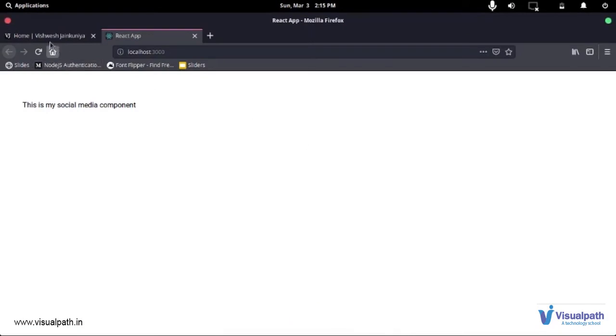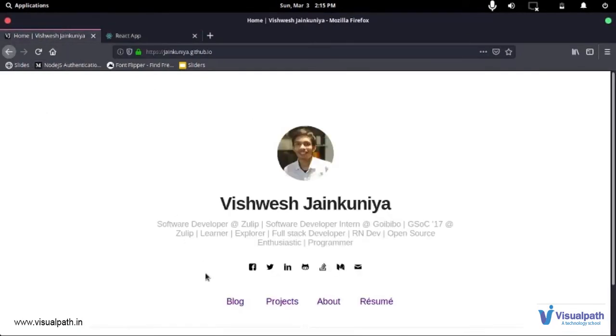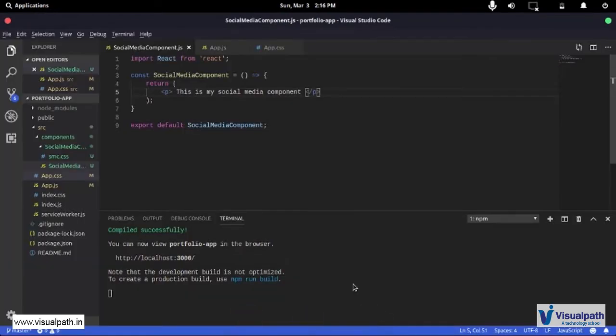So let's go back to Vishwesh's portfolio once, and let's try to analyze how he might have gone about constructing this. If I look at this, I see that this is an image, this is an image, this is an image, and he has like 6 or 7 images. Okay, that sounds good. Now I also see a pattern, and that pattern is that every single image is essentially just a box. So this is a box, then this is a box, then this is a box, and they are placed with a little space between each other. So ignoring the abstraction of having icons, let's just try to create boxes first.